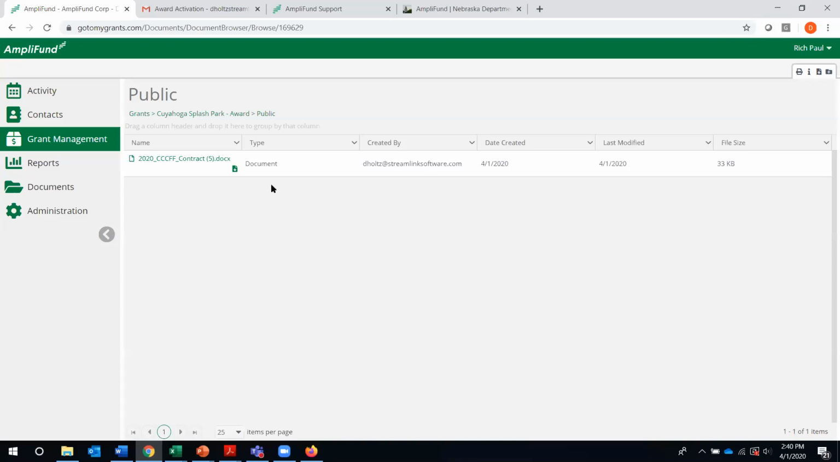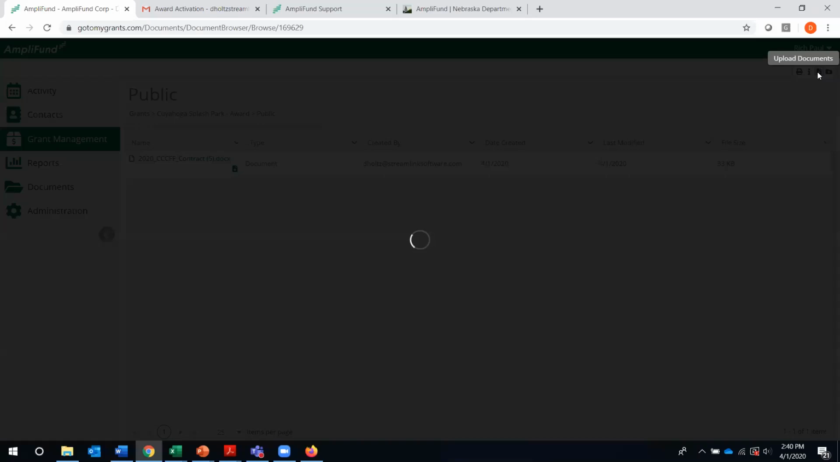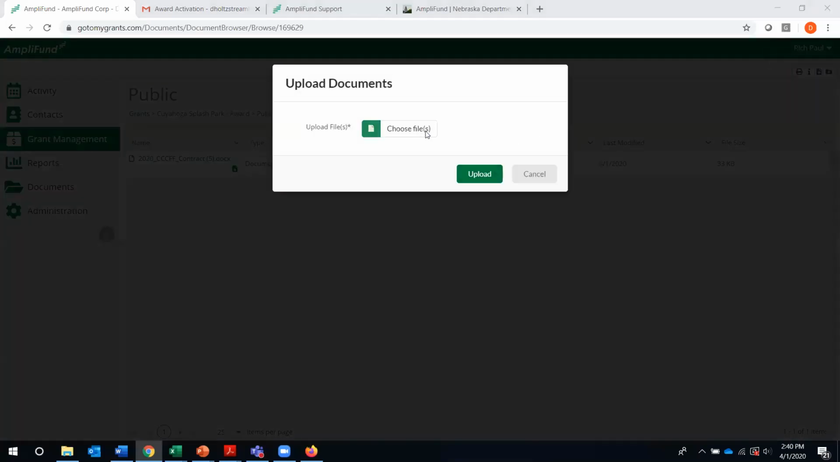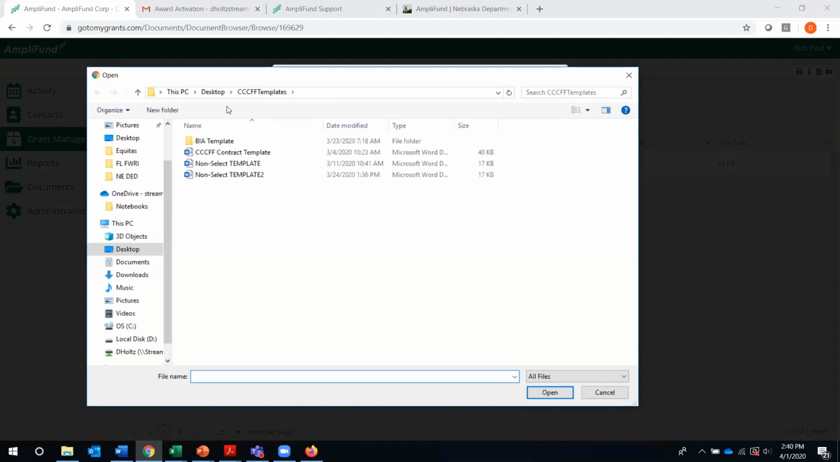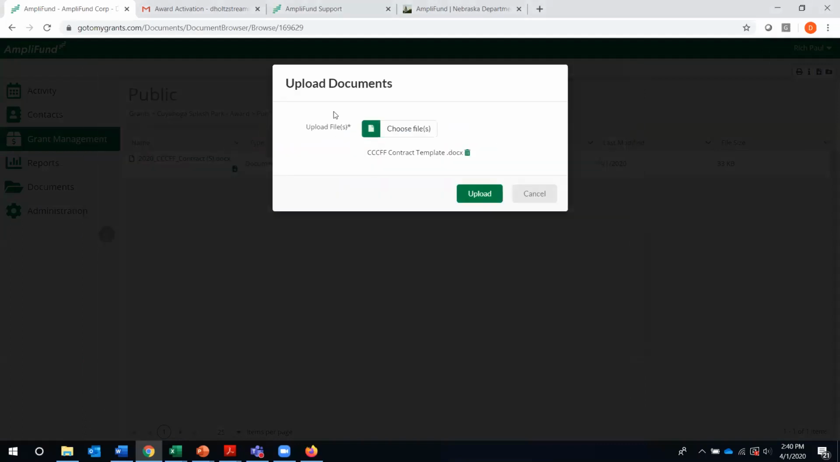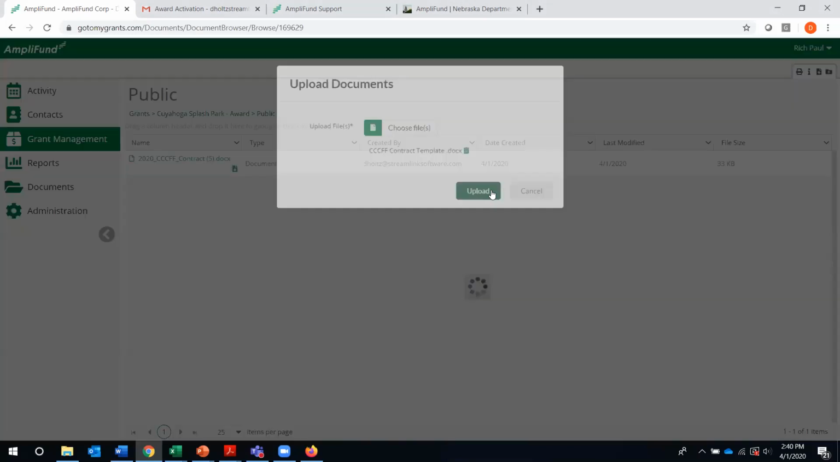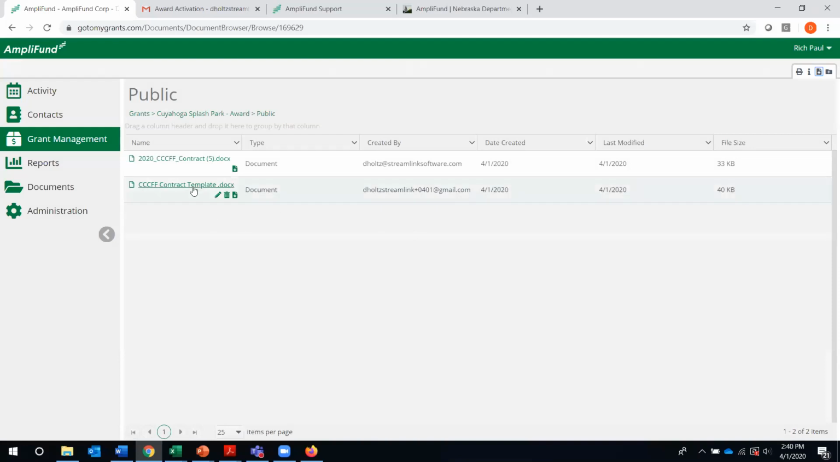You can print it, you can sign it, and then when you're ready to upload your document back here, you can go to your upload documents in the icon toolbar here in the top right-hand corner. Click upload, go to choose file. It's going to open up this browser here, and then you can choose whatever the name of your document is that you want uploaded, and you can upload the contract back for DED